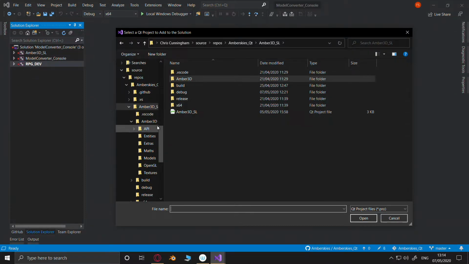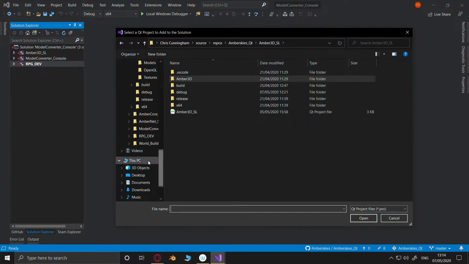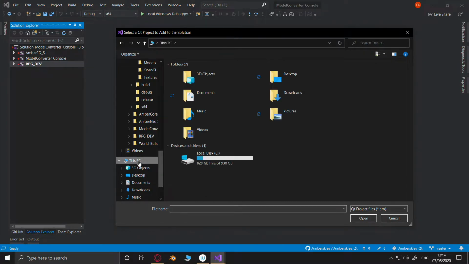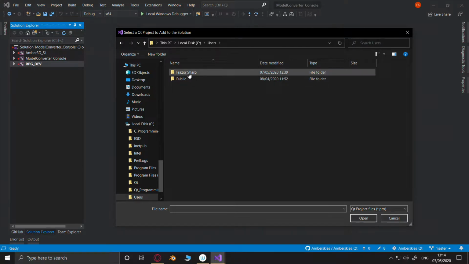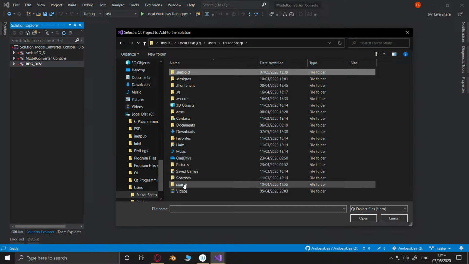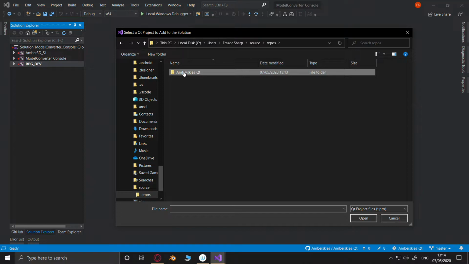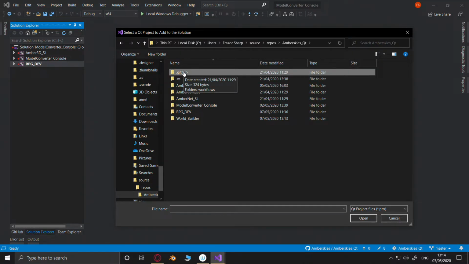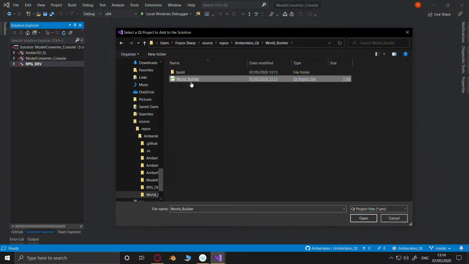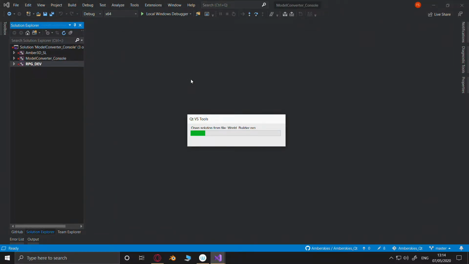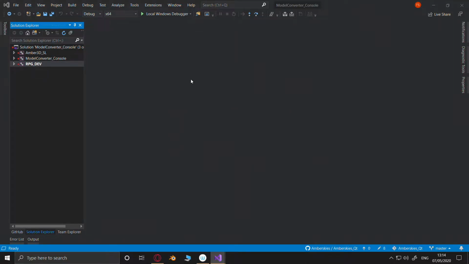What has it done? Source, repos, Amberskies Qt, World Builder, and there it is. There's the profile. And Microsoft Studio can now convert it to its type of thingy and add it to our solution so we can work on it.